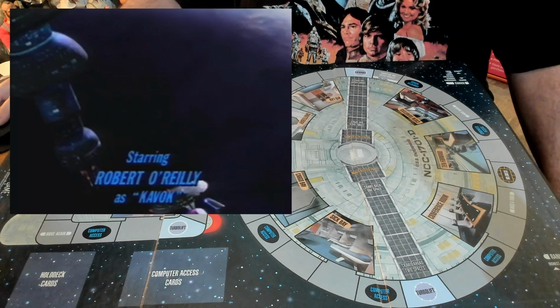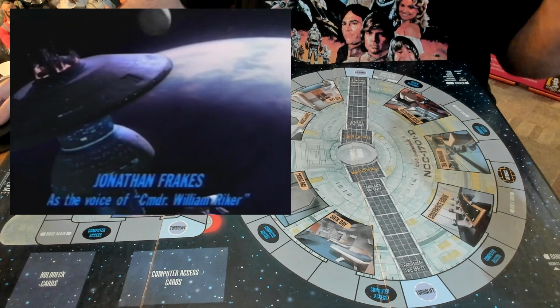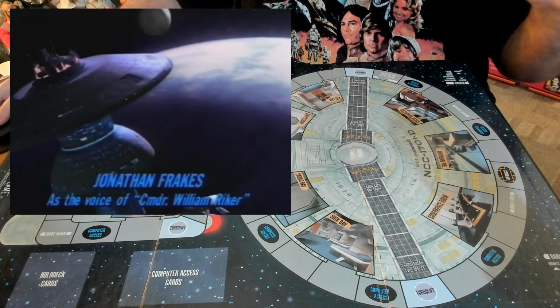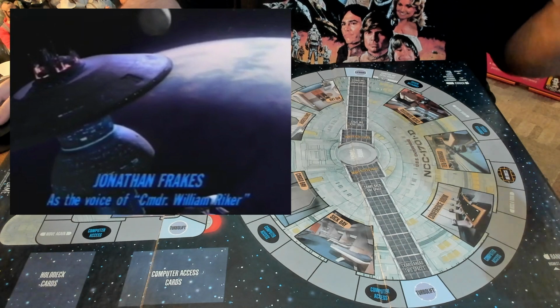Is this a weak point of the game? No, because Gauron was a lot of fun. Jonathan Frakes also gets a credit here. Notice, though, as the voice of Commander William Riker, and that's because what he's really doing is leaving a log